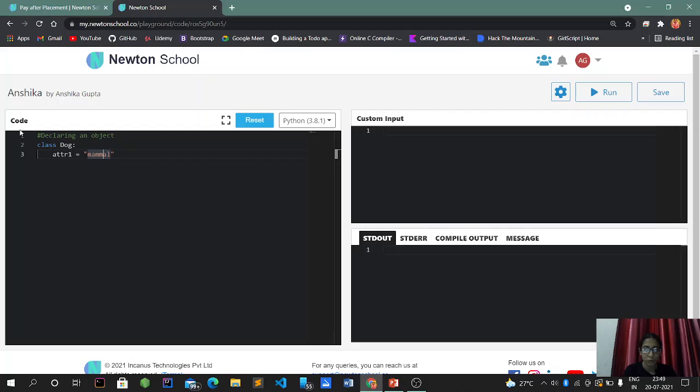And again, one more attribute, that is again dog, but not with the capital letter, because it has already been defined as a class. Now what we will be doing is writing a simple method for that. For writing a simple method, we will be declaring a def function, initializing the self. Now comes the important point, like I have to print that